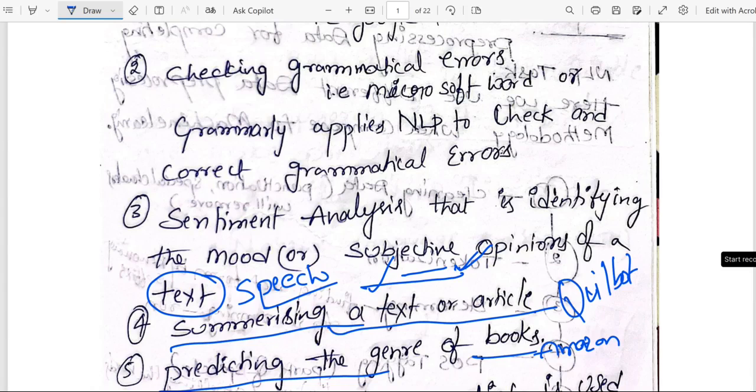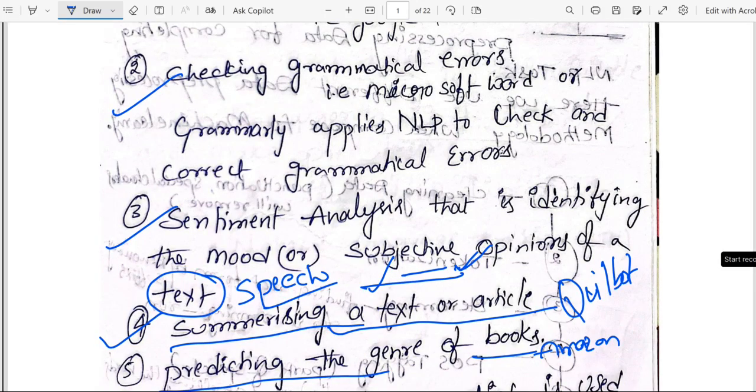Okay. In the previous lecture, I completed up to the second one, that is checking grammatical errors. So now I'll continue from here again. The second real-time example is checking grammatical errors, and coming to the third one, that is sentiment analysis, and the fourth one is summarizing